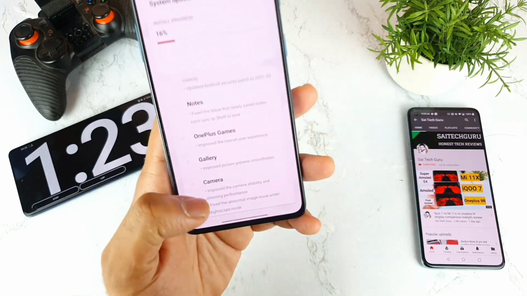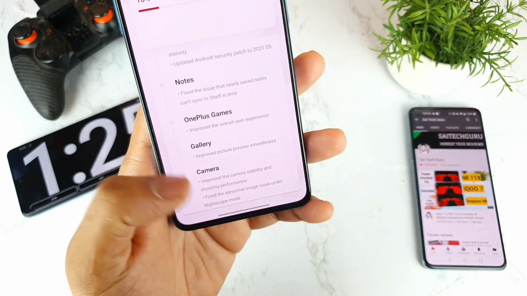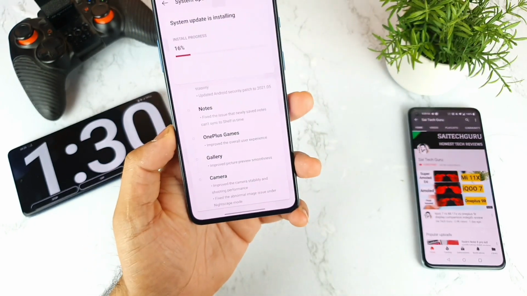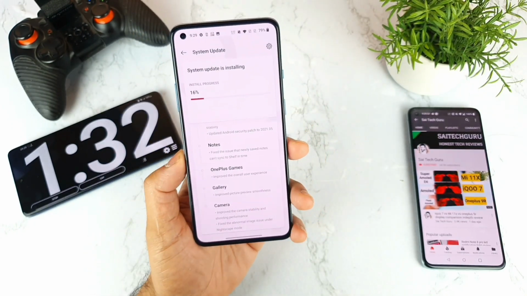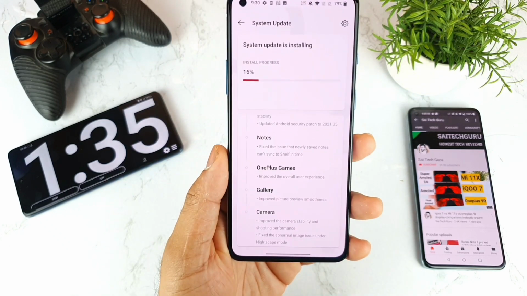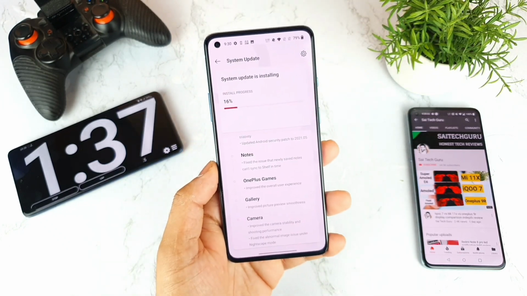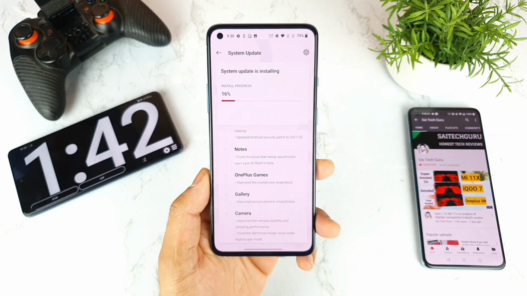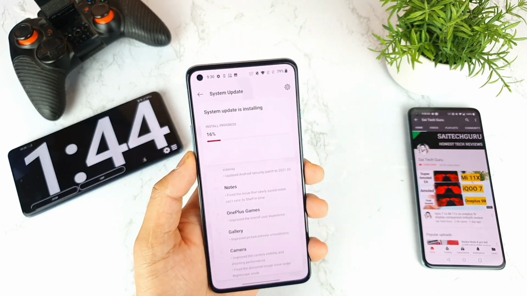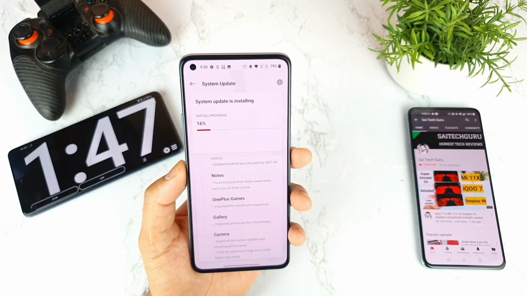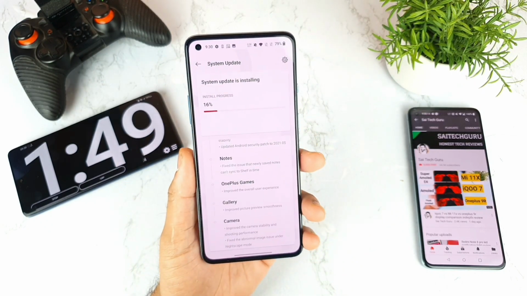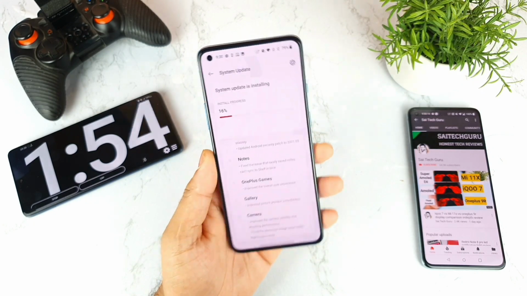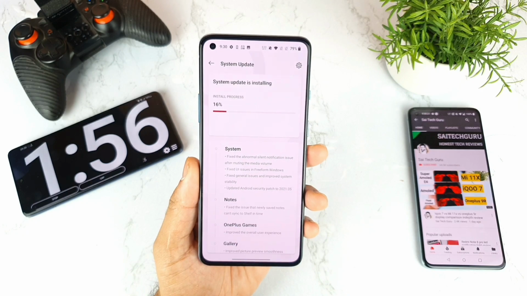My main focus will be on the camera area, where camera stability and nightscape got improved or not. This will be my main focus for the next couple of days. I'll definitely do my best to compare with other smartphones if necessary. In case you want me to, I'll definitely try my best to compare with other smartphones as well. I'll be back once the installing process comes close to 98% or 99%, then we can discuss the timing. Right now it's still exactly at 16% for a long time. Let's see friends how much more time it takes.